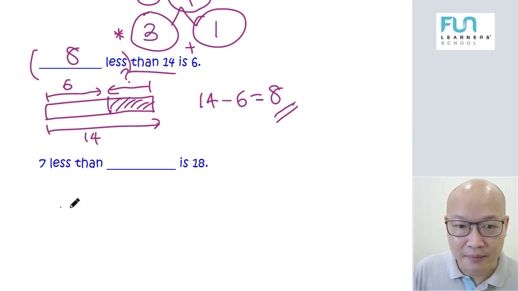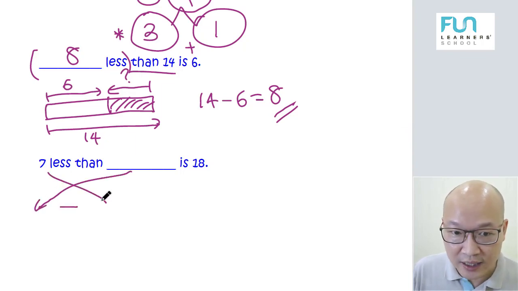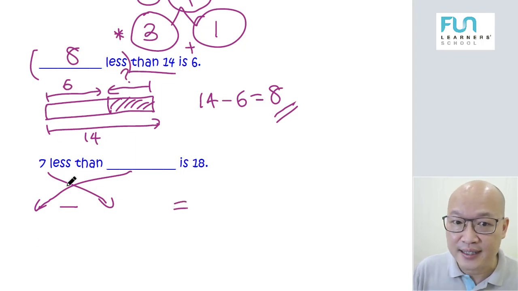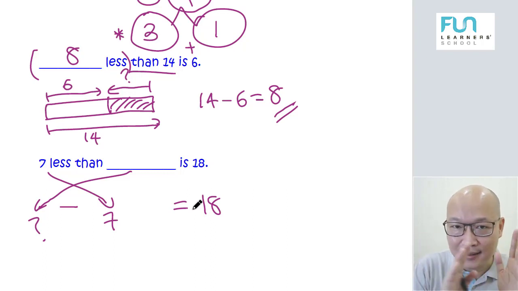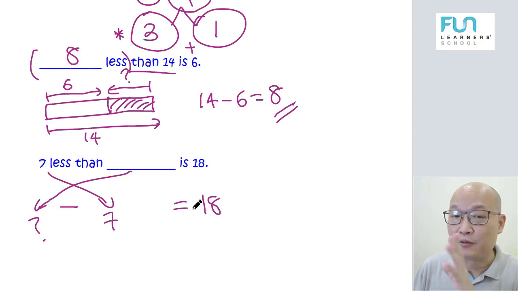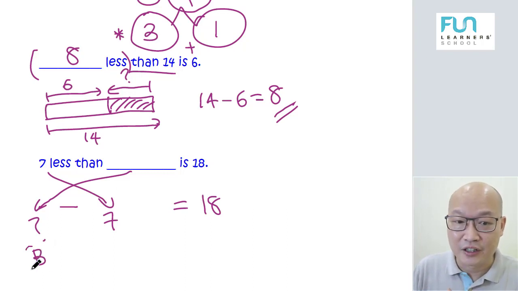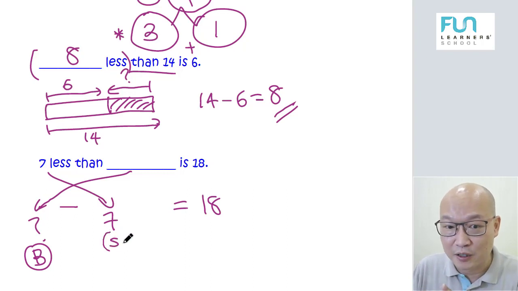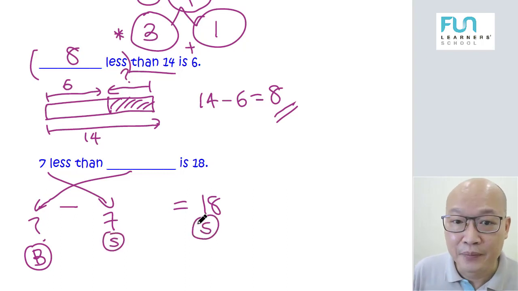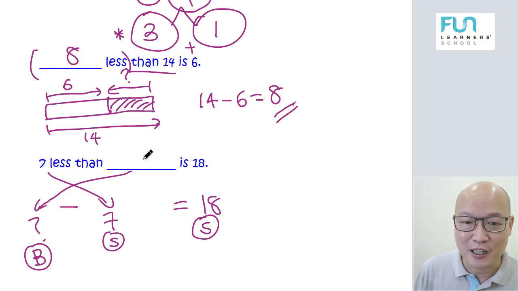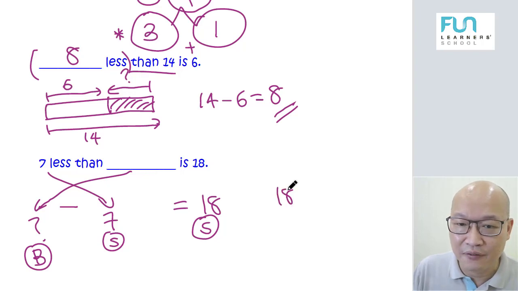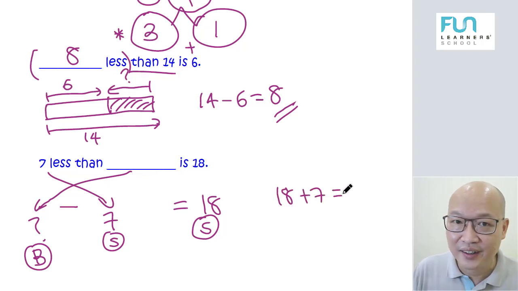Watch this. Less means minus. Then we cross. Alright, is equals. So we have here 7, bring down, question mark here, and equals 18. Something minus 7 will give us 18. What is that? Always teach them this formula. Big minus small equals a small. So this is a big, which is minus a small, will give us a small, right? So how to find big? Small plus small equals big. That's the way, alright? So small plus small equals big, which means 18 plus 7